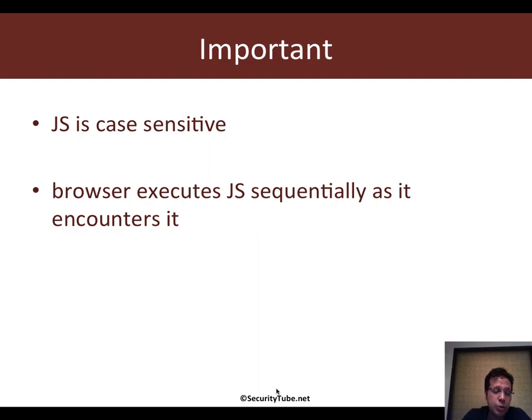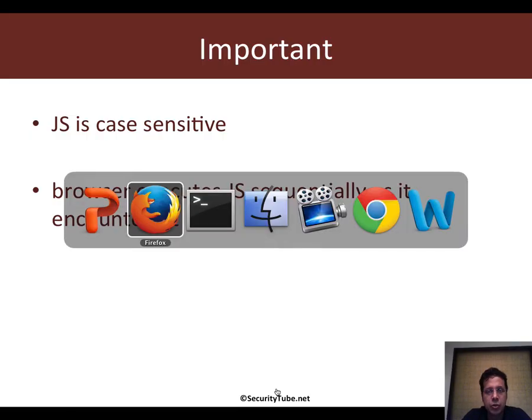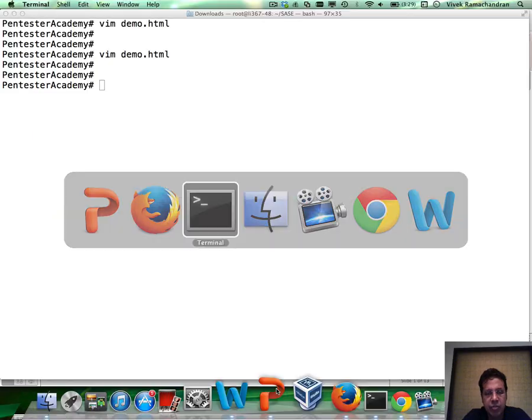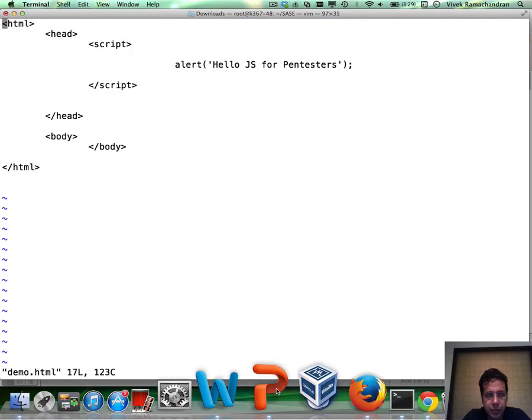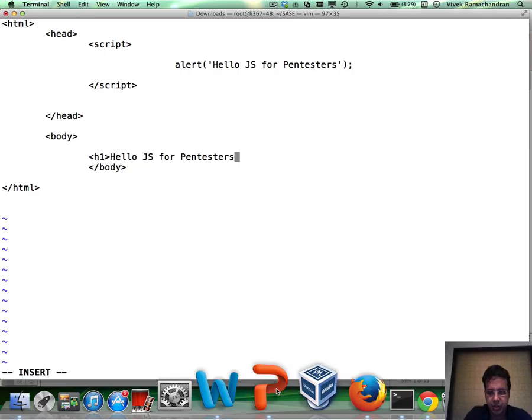Also, it's important to note that the browser executes JavaScript sequentially as it encounters it. What do I mean by that? If I go back in here and, within the body tag, I put in an h1 tag that says hello JS for Pentesters, close the h1 tag,